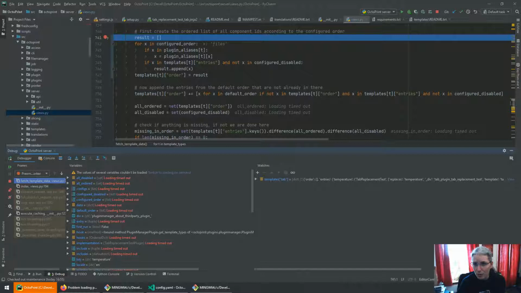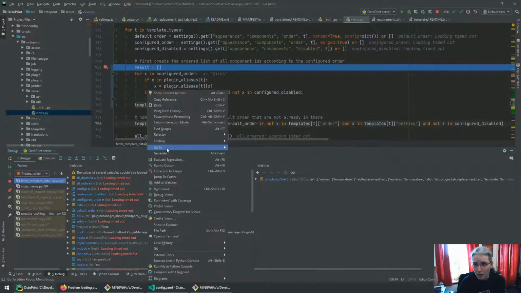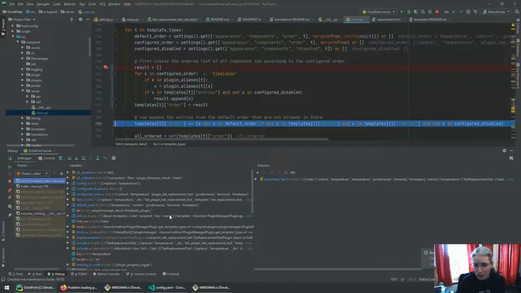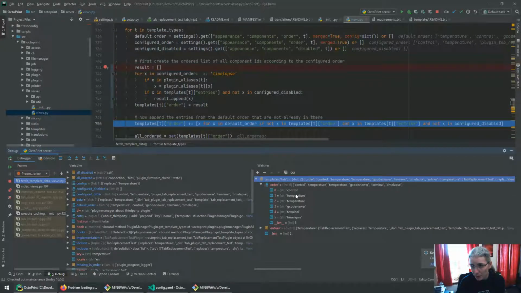I should have put the point down there. Well, yeah. Okay, we're going to run here. So, templates, tab, order, and we already see it here in the preview. So it's now control temperature G-code viewer terminal time lapse, which is a bit